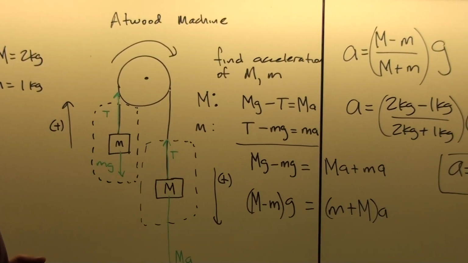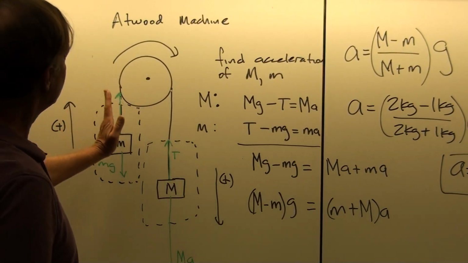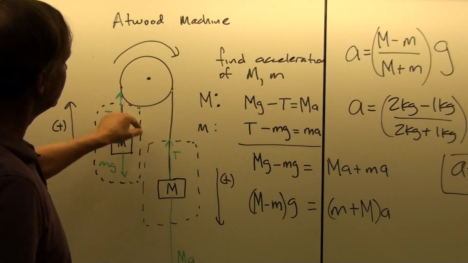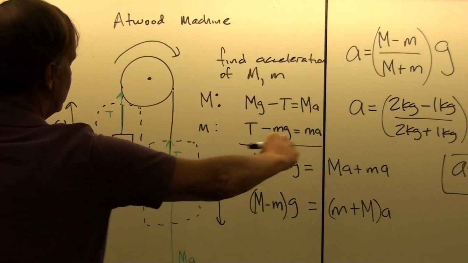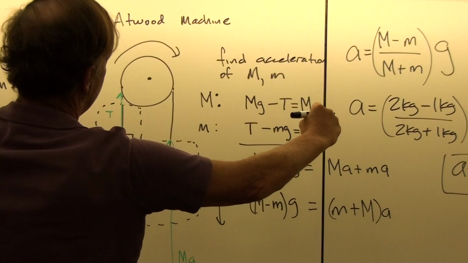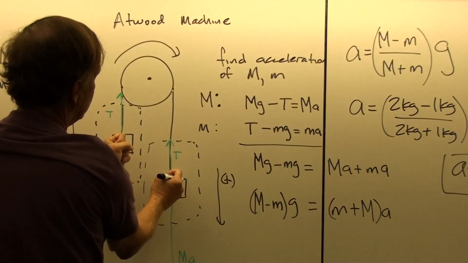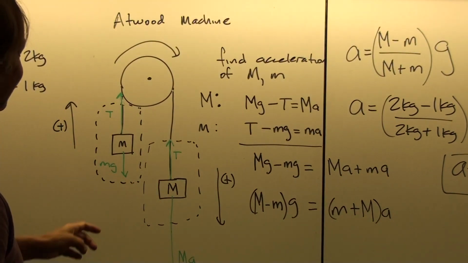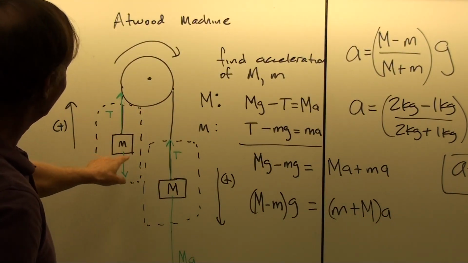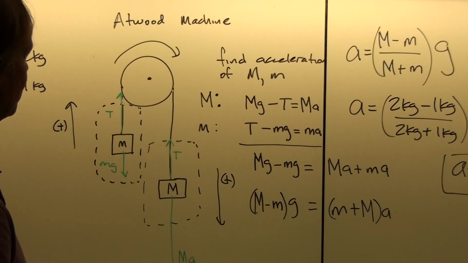Okay, and so without any pulley mass, essentially what's happening here is this is kind of like a tug of war where the pulley is just changing the directions of these forces from being ones that are out here pulling against each other to like this. But the equations are basically the same as they would be in a tug of war where little m was only pulling half as hard as big M was.